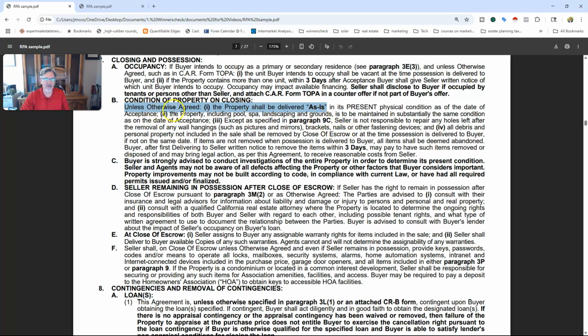I'll even read this. Unless otherwise agreed, the property shall be delivered as is in its present physical condition as of the date of acceptance, except in paragraph 9C, seller is not responsible for repairs. Seller written notice to remove the items within 3 days. Buyer, after delivering to seller written notice to remove the items. So this is just